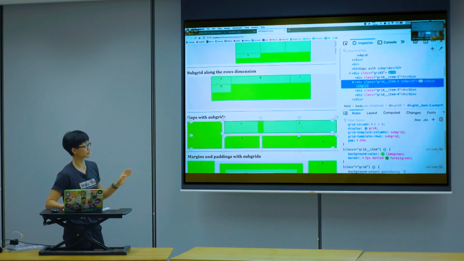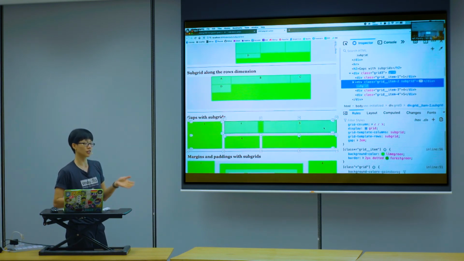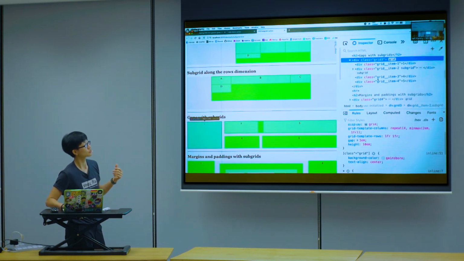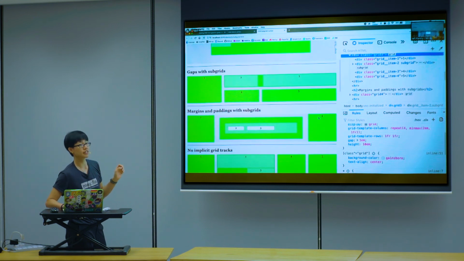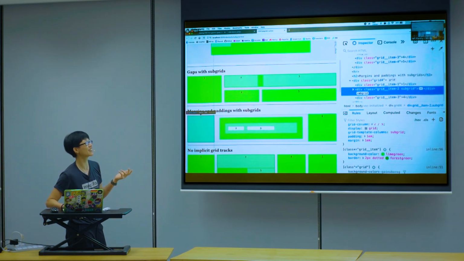So it's something to keep in mind if you need to adjust the gap for your subgrids or your nested subgrid, it might affect the sizing. If you need things to line up exactly, maybe sometimes this might be an issue. And so other than gaps, even paddings, margins, and borders, they will accumulate. So this is a case of bad nesting. So I mean, I can do it, but maybe don't.